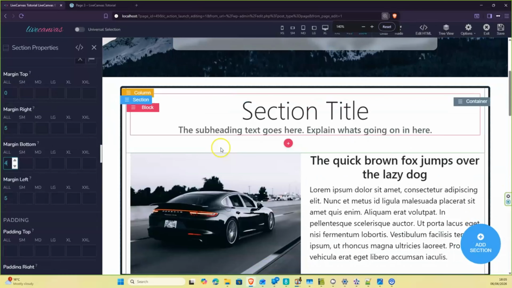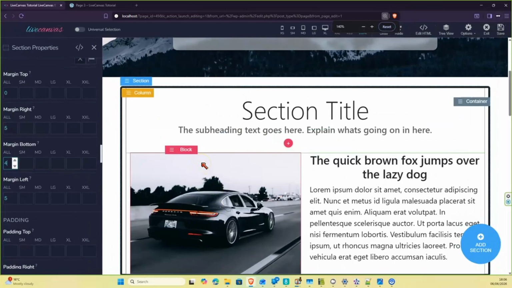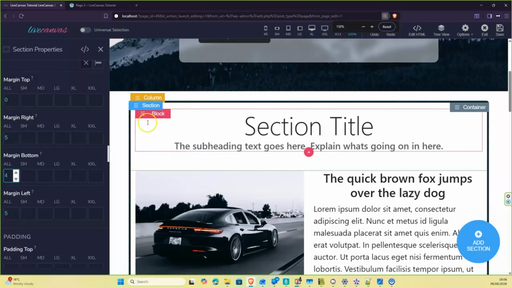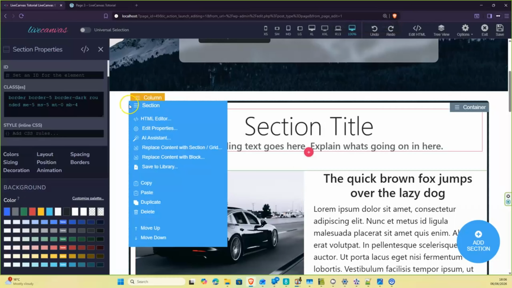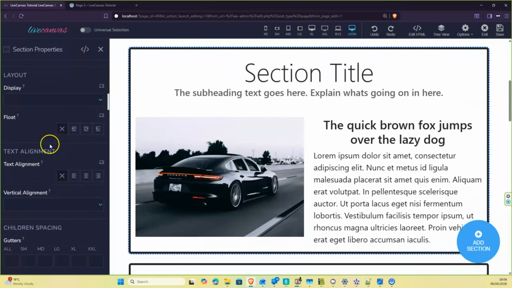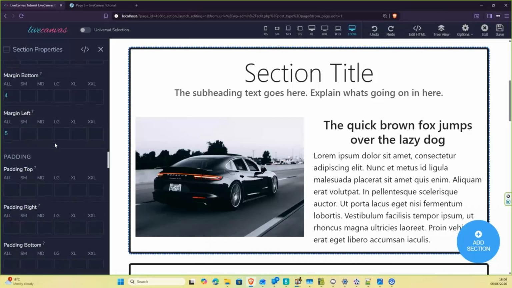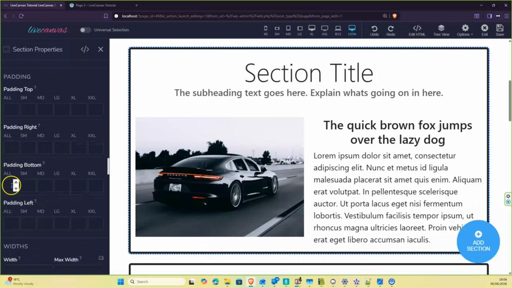And if we zoom back out, view the page in normal size, we can add a padding to the bottom of each section to add a space between this image and the border. So we'll just zoom back in again, and this section we find padding, padding bottom, we'll add 4,